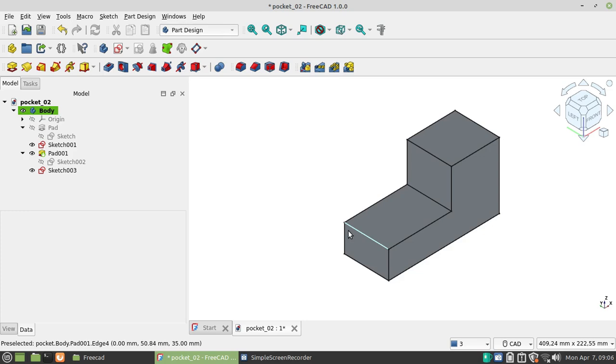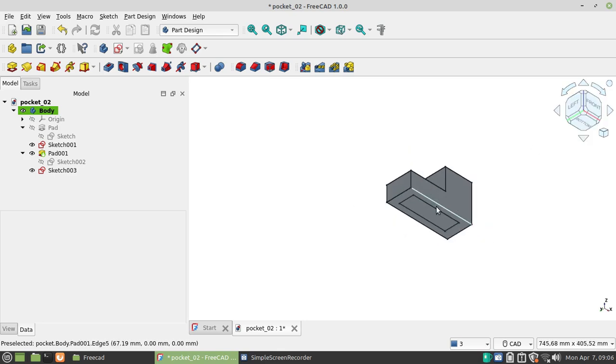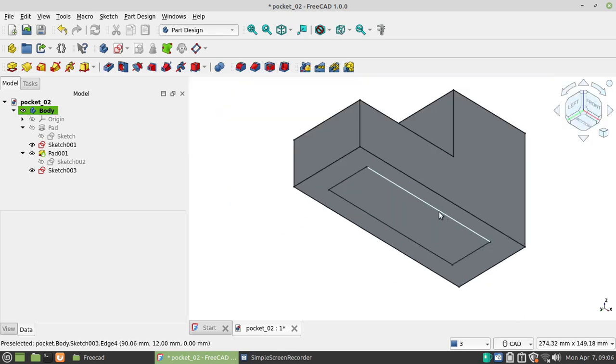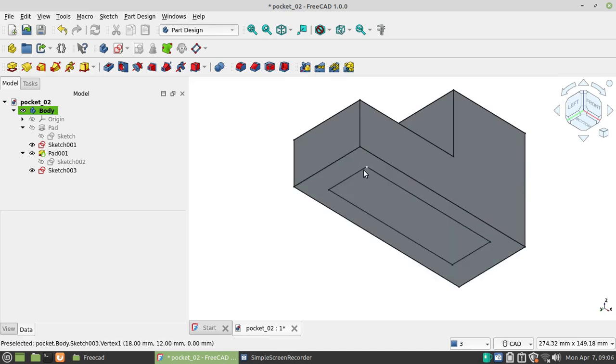The third is to first. To first is a pocket that stops at the first encountered surface. I will explain it. When I make this sketch to make a pocket, I choose pocket and to first.